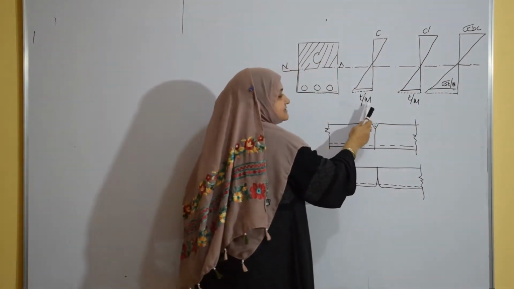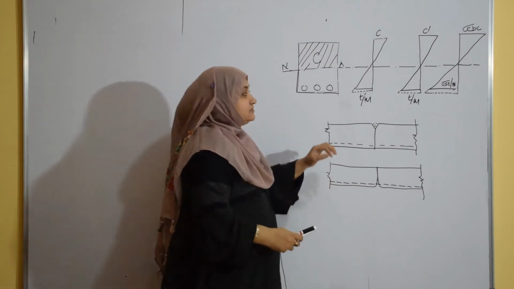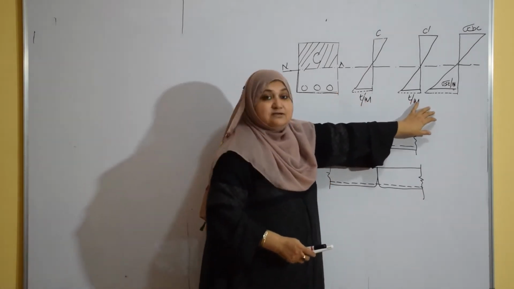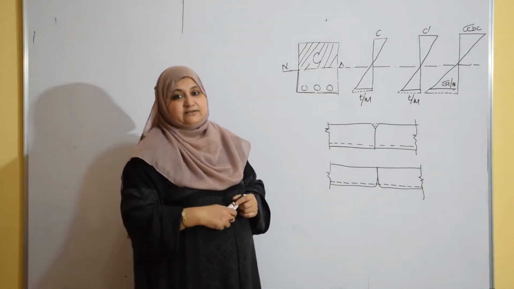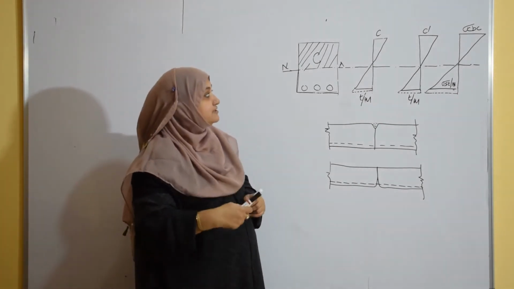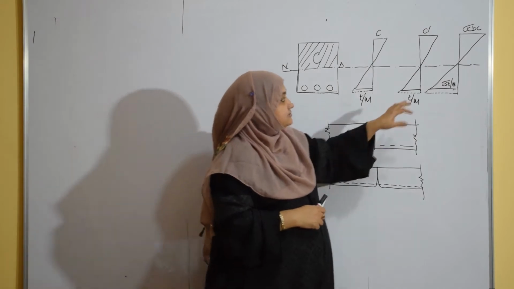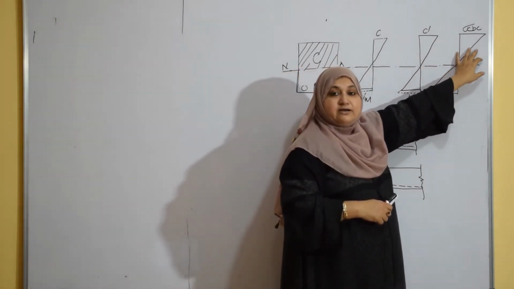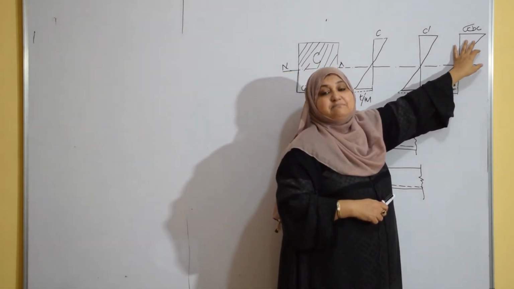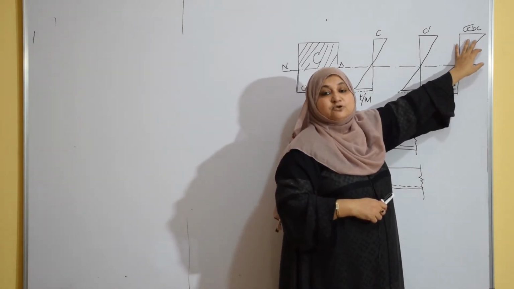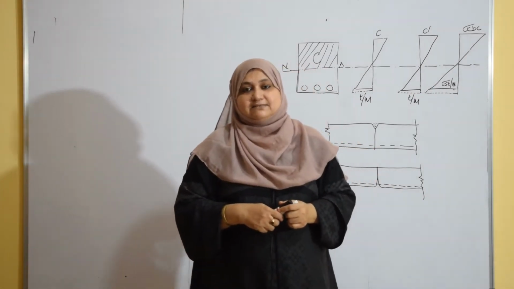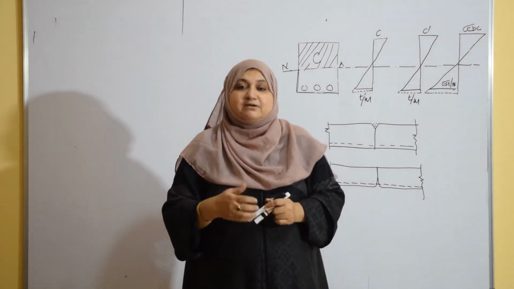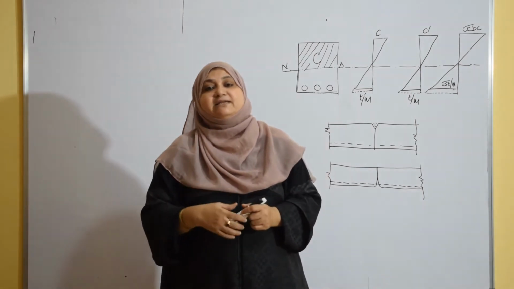You can see tensile stresses are same. Okay. So this figure shows the general compressive stress distribution of a beam as the load increases. When the load is further increased, there will be a stage where the stress in concrete reaches its maximum permissible stress. Here the concrete becomes plastic, without any increase in load.